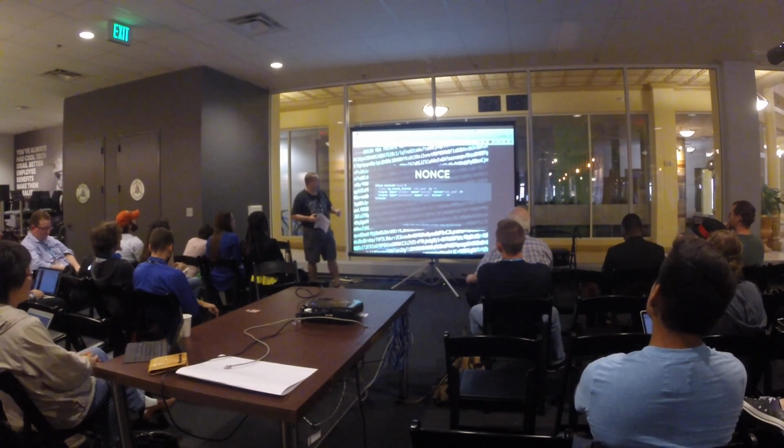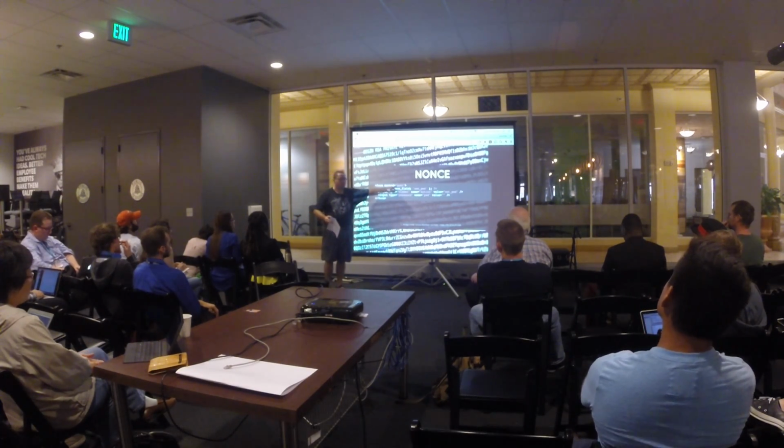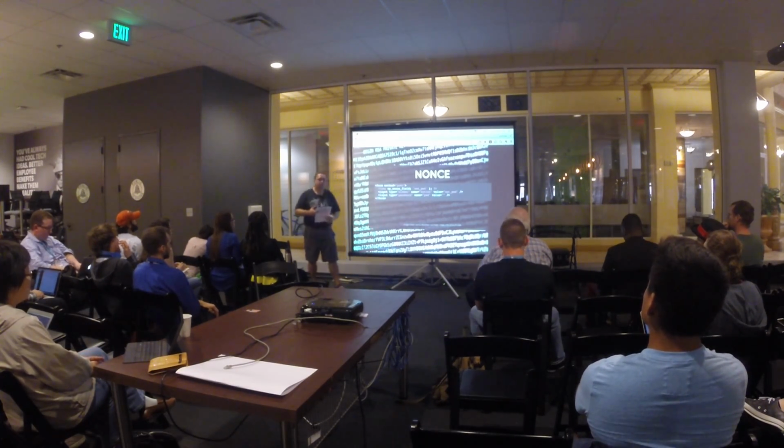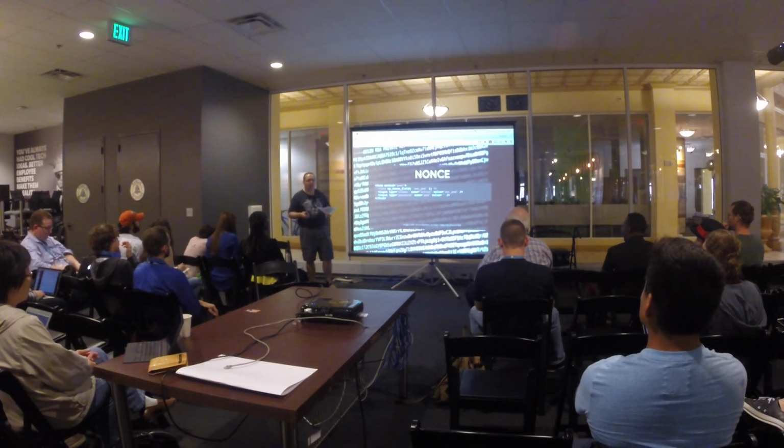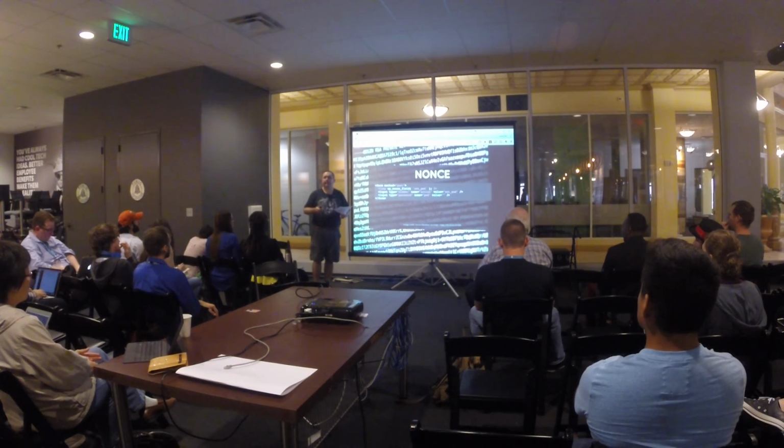Another tiny security thing we did here was change the request method to POST instead of GET. That's going to make it so, at the very least, an image URL isn't going to be able to cause this forged request. It doesn't completely protect you, but using POST instead of GET helps a little bit.